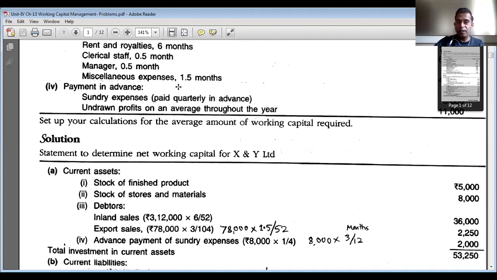Just take a look at whether you have considered all the current assets. Once you are confirmed, you total the current assets. So 5,000 plus 8,000 plus 36,000 plus 2,250 plus 2,000. The total is 53,250. This is the total investment in current assets, or working capital required to finance current assets, 53,250 rupees. Then current liabilities. Okay,